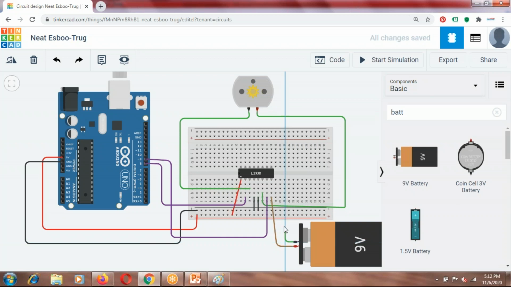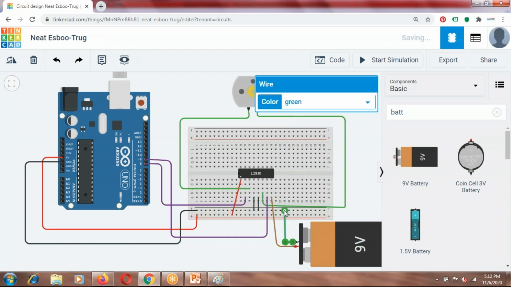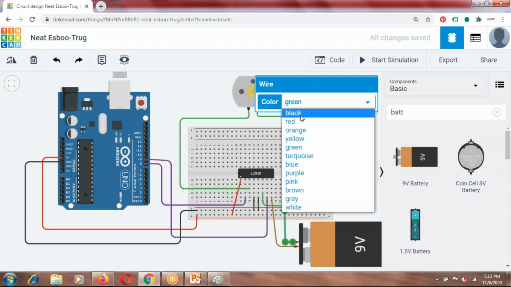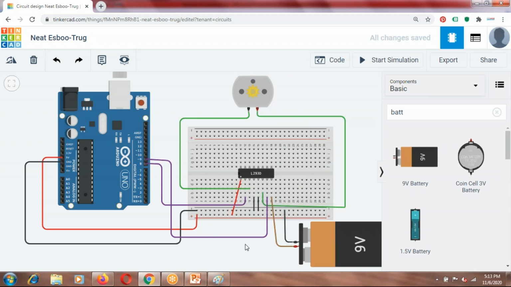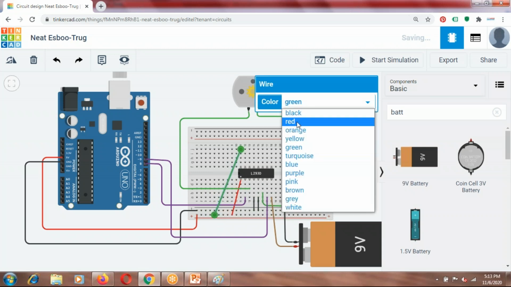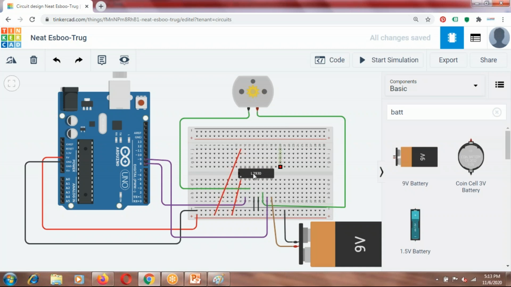And the negative terminal is to be connected to the ground. So let's connect it to the ground. Make it black again. Yeah, so this is the connection for this. And now the VCC terminal is to be connected. It is to be given a positive potential. So let's make a connection over here to the positive line. This is the positive line. Again, let us make it red. I think the connection is complete here. Has everyone made this connection like I have shown you?